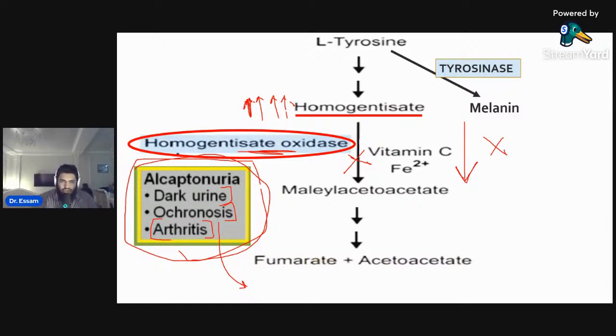So one more disease that we come to know today, the name is alkaptonuria. So now we know phenylketonuria, and we also know alkaptonuria. Now can anybody tell me what is the name of this disease which you see on the screen? Or maybe let's not call it a disease, it is a condition. What condition is this?